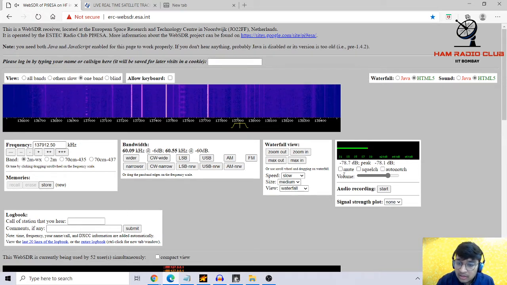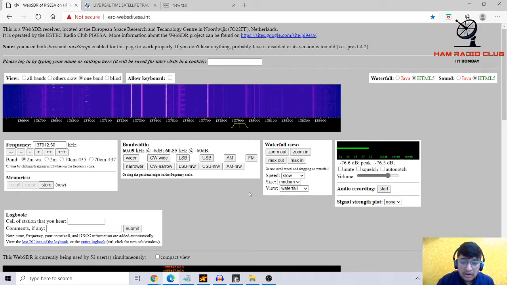And finally, this is the volume button. I strongly recommend you not to change the volume, because this is optimum. Increasing this will enhance the noise which comes along. So you can keep the volume as it is, and never press this mute button while you are recording the signal. I have muted the tab as of now, which will not affect the recording. So this is what you do.